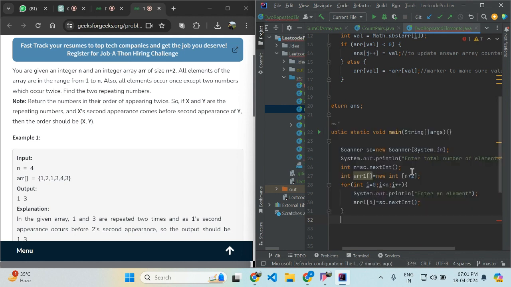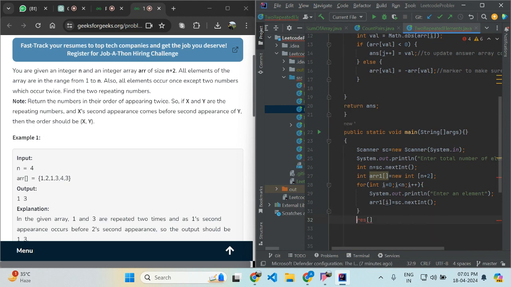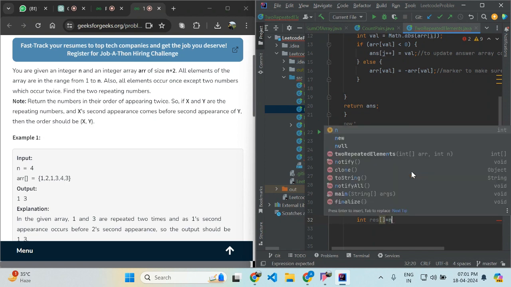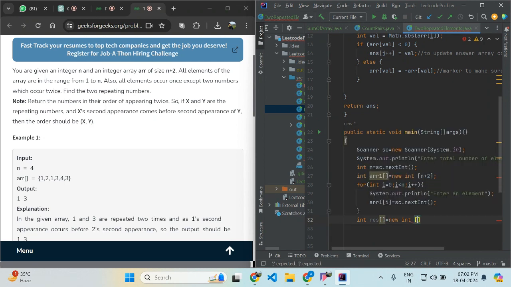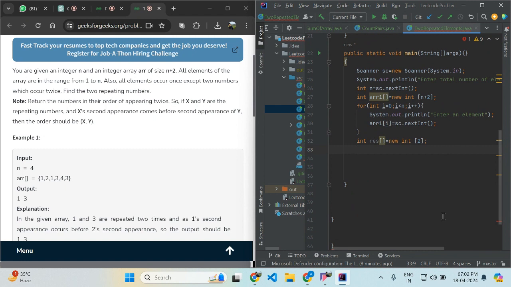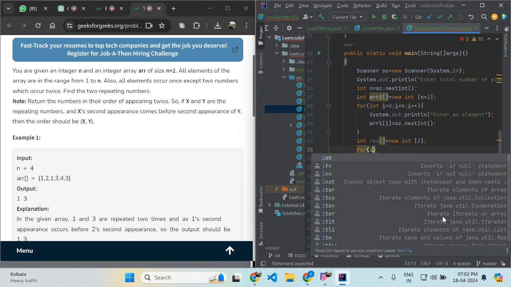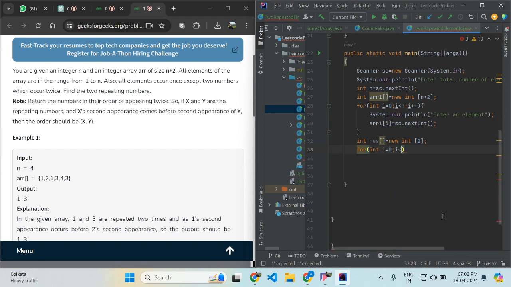So we can write, say, int result equals to new int 2, and since there will be 2 elements in the resultant array, we are going to fill the array while printing. So for int i equals to 0, i less than 2, semicolon, i plus plus,